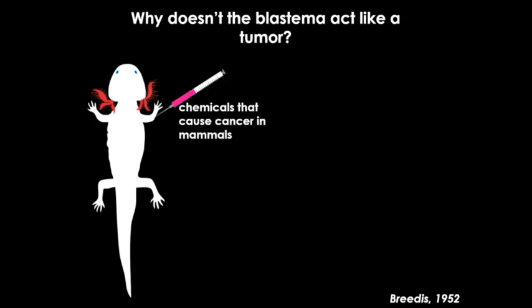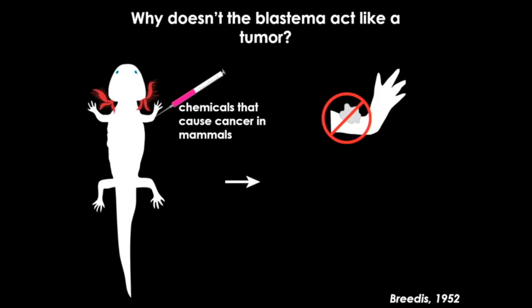One of my favorite experiments that addresses this question was done by Charles Breedis, and he gave newts chemicals that cause cancer in mammals. And he asked the question, do you get a tumor or do you not? And what he observed was that you very rarely, almost never, get a tumor. Instead of getting a tumor, often what you get is an ectopic limb. So these animals take these kinds of cues that would ordinarily cause tumors in mammals, and they direct them towards